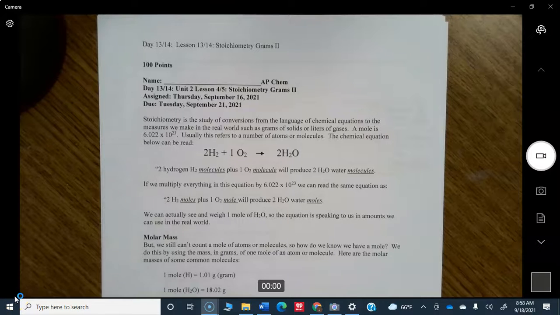AP Chemistry. This is the answers video for the day 13-14, Unit 2, Lesson 4 and 5. So this is 2 lessons put together in one. It's really the lessons for both Thursday and Friday, September the 16th and 17th. And you want to try to get this done by Tuesday, September 21st. Its absolute due date is that Friday, which is the